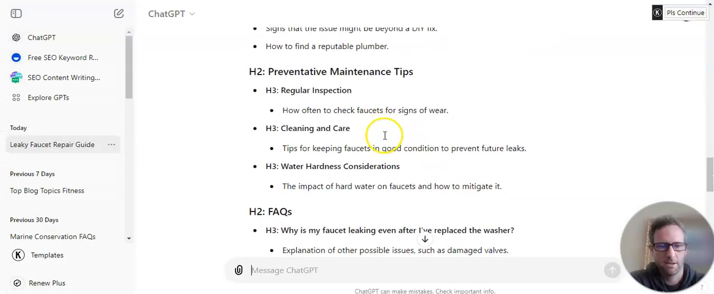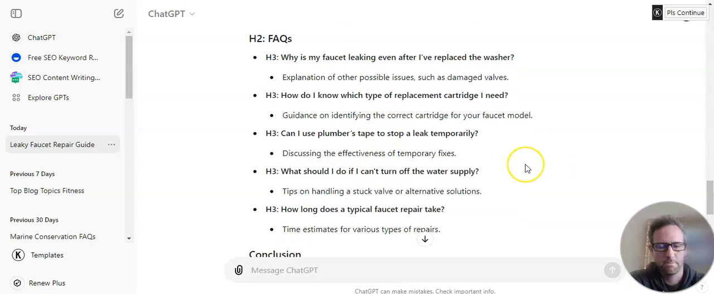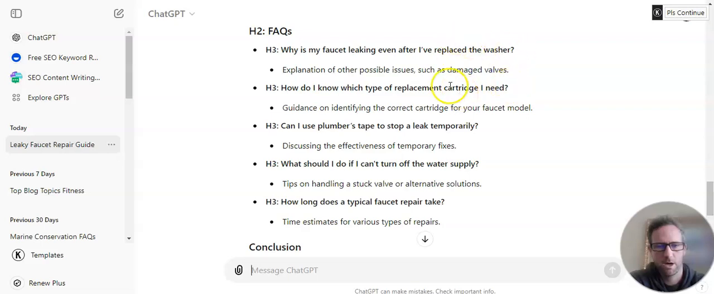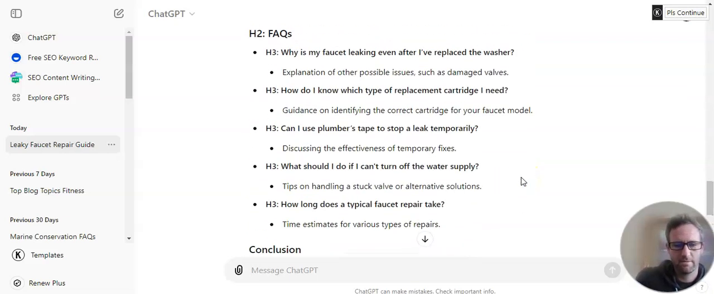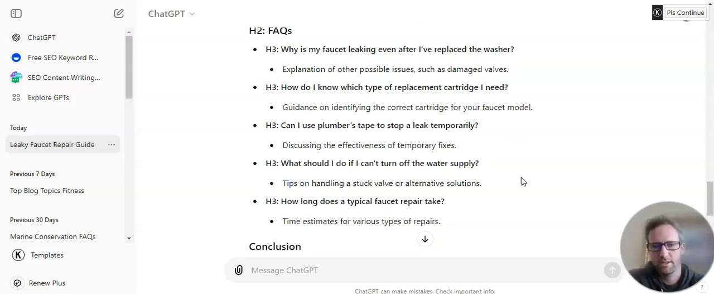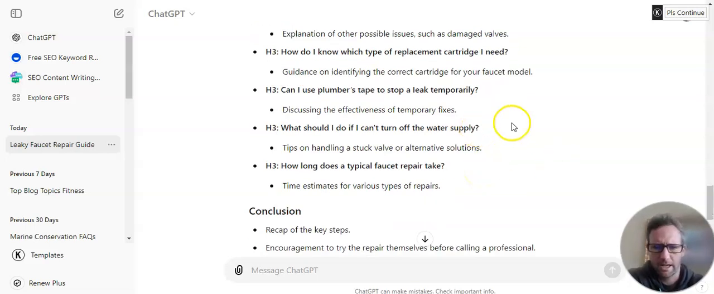Now let's see how they did the FAQs. This is not bad. Why is my faucet leaking even after I replaced the washer? So this touches on a lot of different. Actually, this is a pretty diverse FAQ section. You don't see that very often. A lot of times FAQs will be really repetitive. The nice thing about this is it brings in some secondary keyword and some LSI terms like washer. So now we're talking about specific elements of fixing the leak, different supplies, plumber's tape, mentioning water supply,